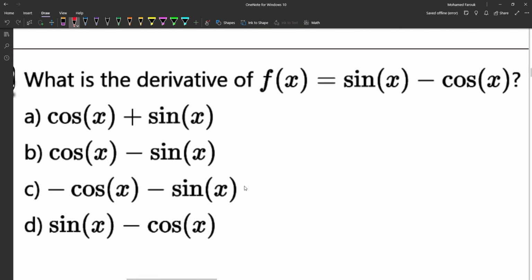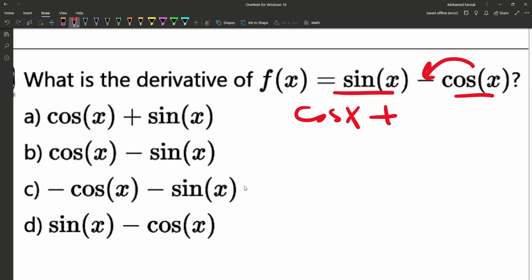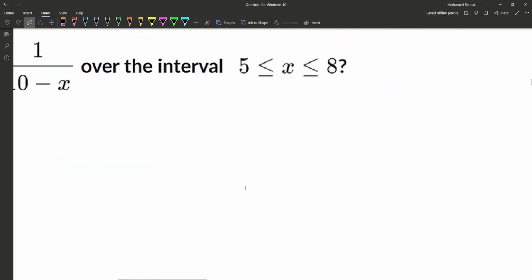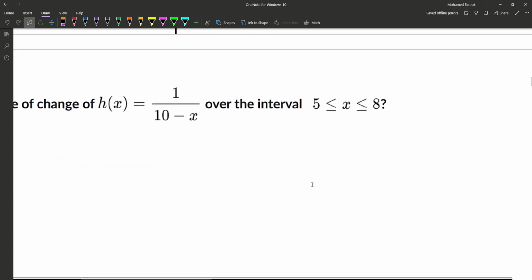We're done here. To get the derivative of this one, actually it's very easy. The derivative of sine is cosine, and the derivative of cosine is negative sine, so negative times negative is positive, so it will be sine x plus cosine x, which will be letter A. Next one,